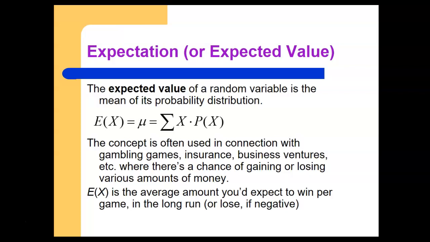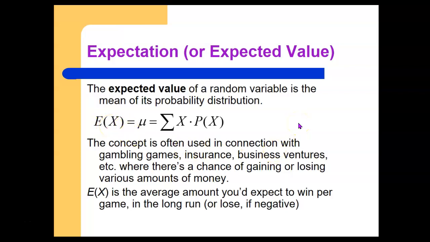It's often used in connection with things like gambling games or insurance or business ventures or situations like that where there's a chance of gaining or losing various different amounts of money. Sometimes you might win this much, sometimes you might win this much, sometimes you might not win anything, sometimes you might lose money, and the expectation, abbreviated E of X, for the expectation or expected value of that random variable,